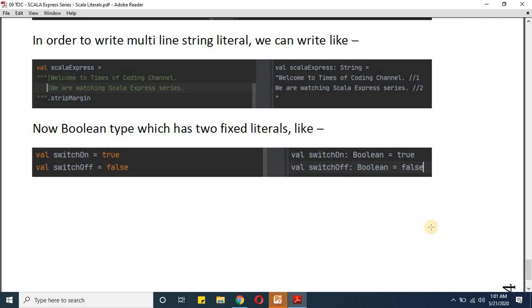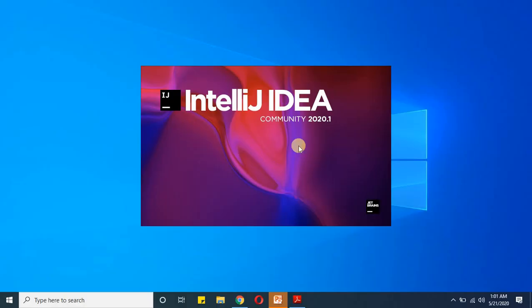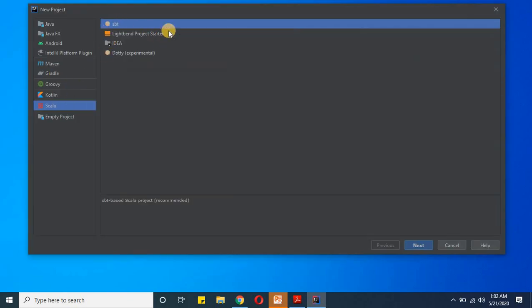Right now we have covered everything in theory. Now let's do some practical. To do practical, we will first start IntelliJ. To start IntelliJ, I will search in my search pane here. I'll double click it. Now IntelliJ is starting here. Please make sure the version of IntelliJ which we are using is 2020.1. In order to create a new project, we need to click here, and it will give us a window with these options. We will click on next with SBT